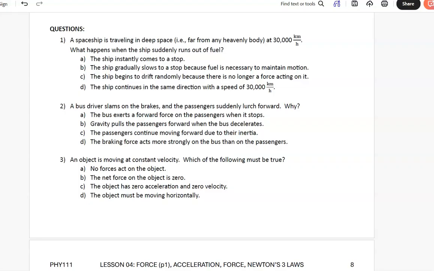What will happen? A, the ship instantly comes to a stop. B, the ship gradually slows to a stop because the fuel is necessary to maintain motion. C, the ship begins to drift randomly because there's no longer a force acting on it. Or D, the ship continues in the same direction with the same speed of 30,000 kilometers per hour. Now, if you remember Newton's first law, it says if an object is at rest, it'll continue to be at rest. If an object is moving with a certain speed and direction, in other words, with a certain velocity,